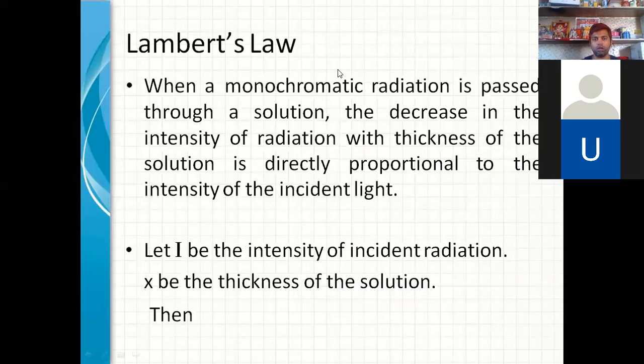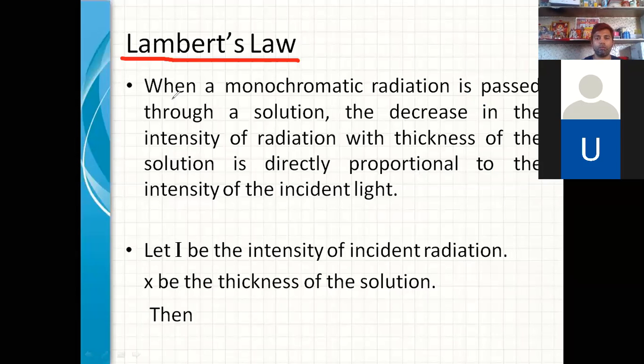So first, we have Lambert's law. Remember this, monochromatic radiation. When a monochromatic radiation is passed through a solution, suppose this is a cuvette, and this is our radiation, our incident light, and this is the intensity after